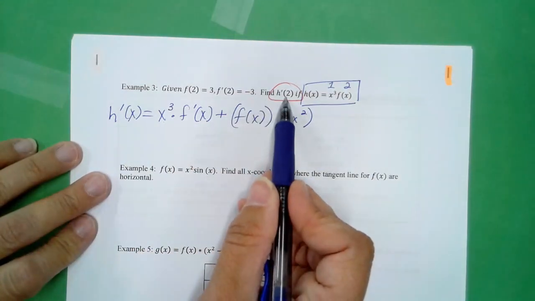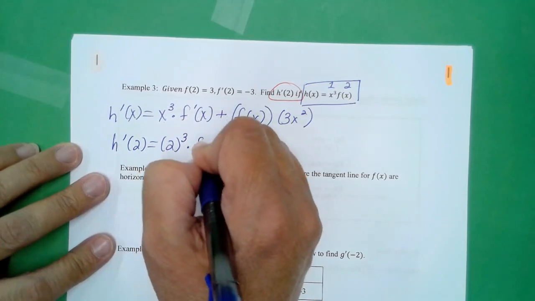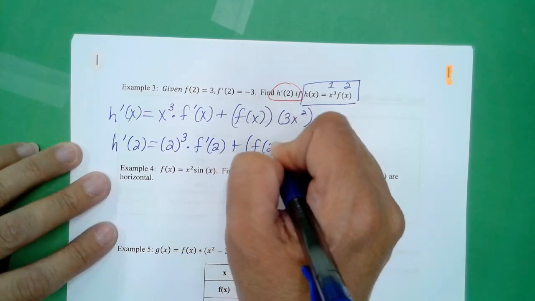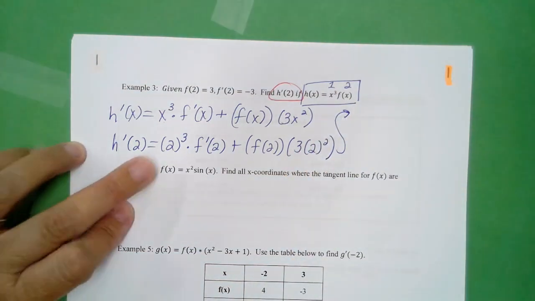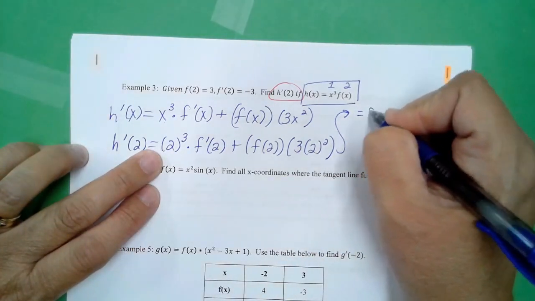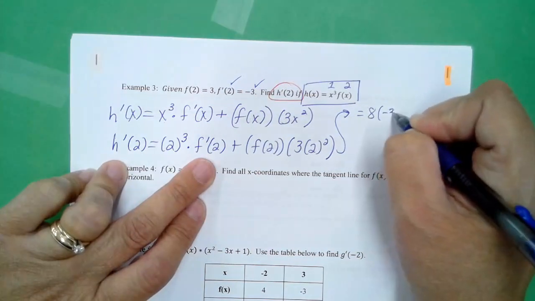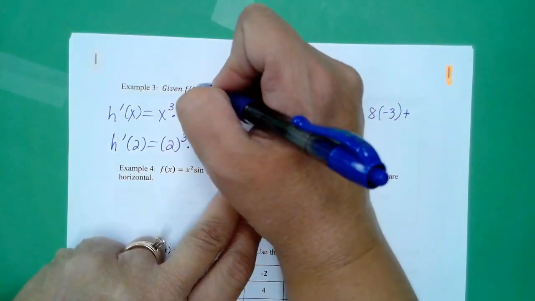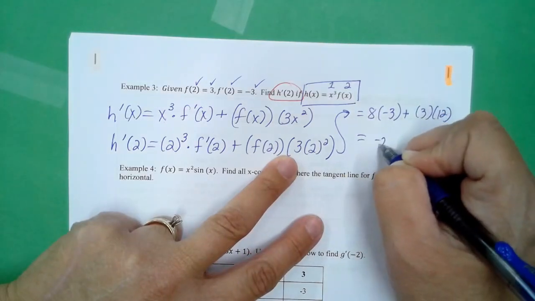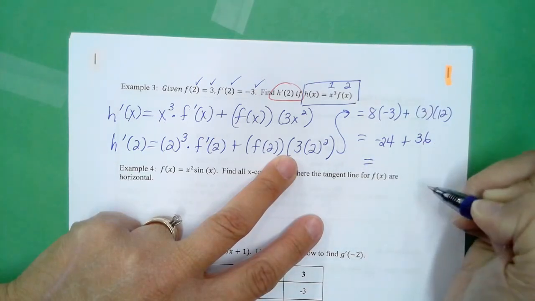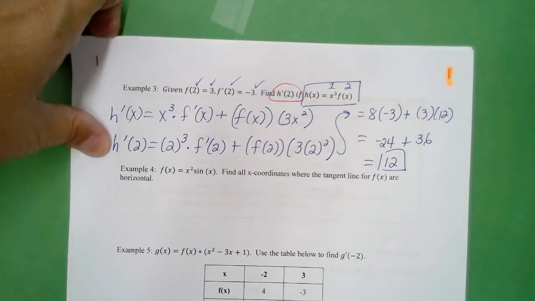Now I need to evaluate, okay, h prime of 2. H prime of 2 is 2 to the third times f prime of 2 plus f of 2 times 3 times 2 squared. And then I'm going to keep simplifying. 2 to the third we know is 8. F prime of 2 is given probably up here somewhere. Here's f prime of 2, negative 3. Then to that I'm going to add f of 2. F of 2 is 3. And then 4 times 3, 12. So I'm going to have negative 24 plus 36. That is going to give me 12. Hopefully for an answer. I'll check my answers after I get through all of this. Okay, so example 4 says